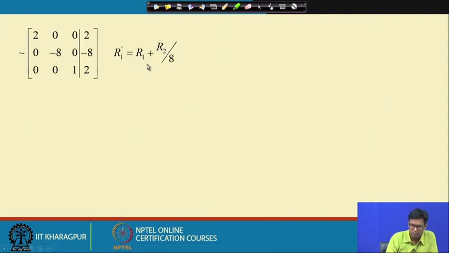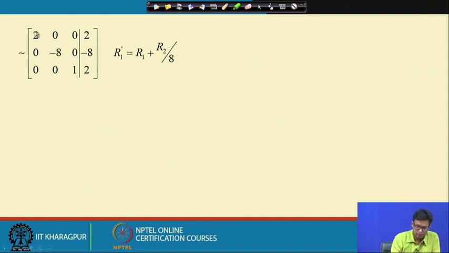So, 1/8 times the second row is added to the first row and we get a diagonal form, but this is not a reduced row echelon form, because on the left hand side the first non-zero term coming from the left in any column is not 1. In reduced row echelon form they should be 1. So, for the third row it is 1, but for the second row and first row we have to divide them